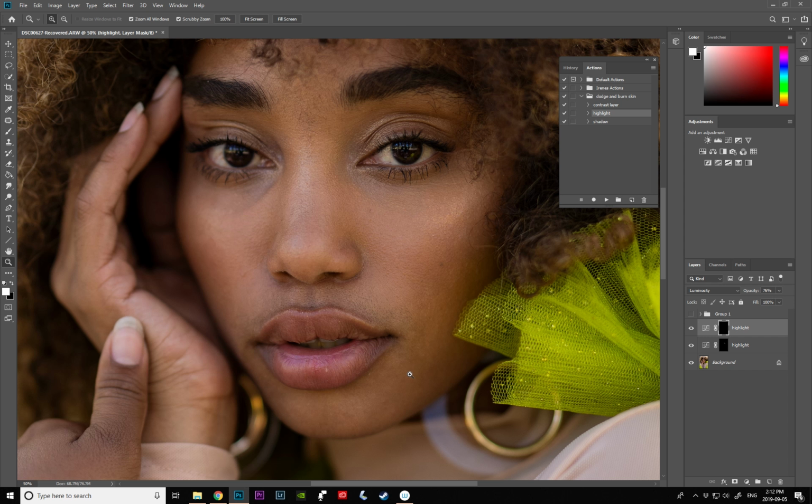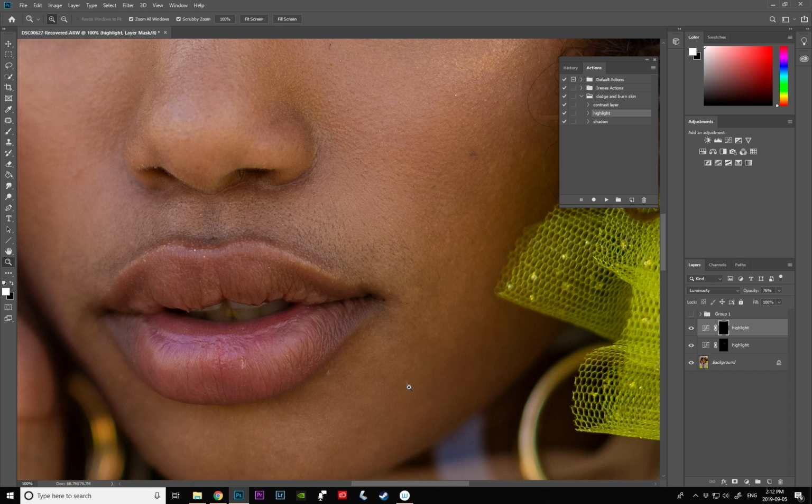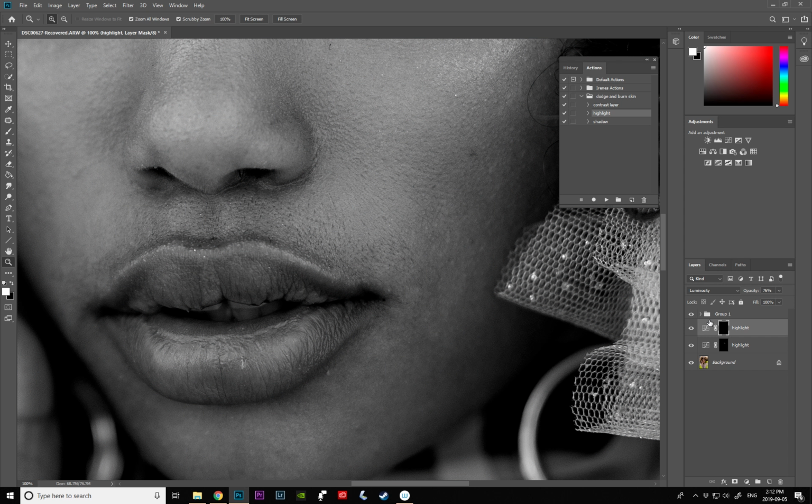But let me show you the area where I would use both highlight and the shadow, and it's this area right over here. As you can see, it's pretty patchy. We have some dark and bright areas, and if I toggle back onto my contrast layer, you can see it a little bit more. So I'm gonna go ahead and just create another highlight layer, and I'm gonna work separately on that. I'm gonna start with some of the dark spots first, and then when I'm working in the area and I see some of the bright spots, like right over here, there's a little bit of a brighter spot,